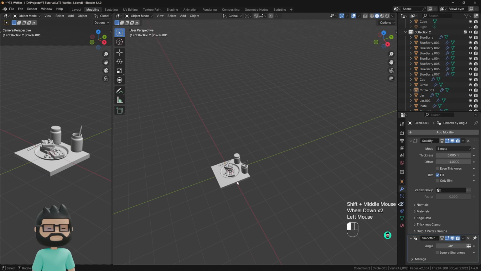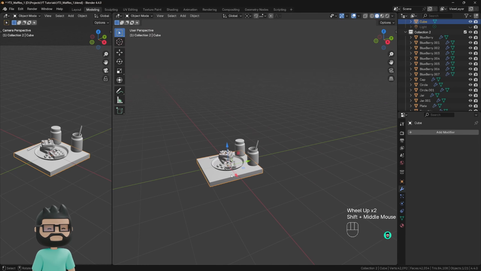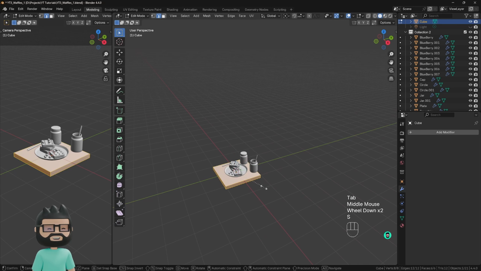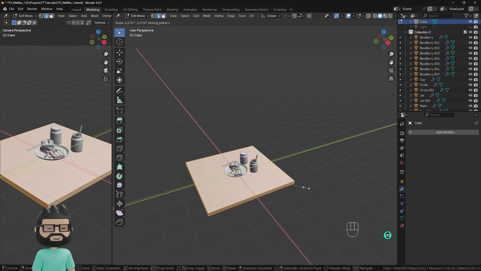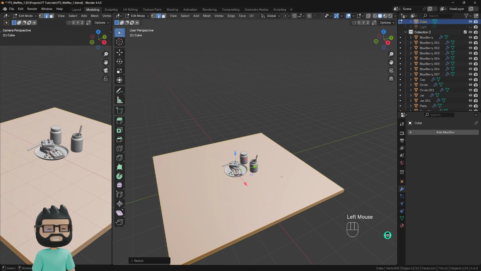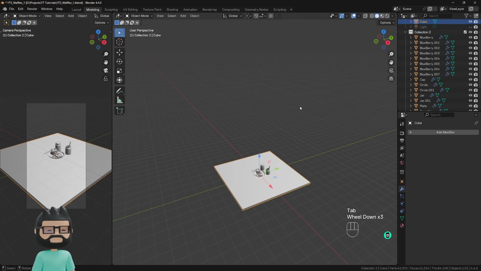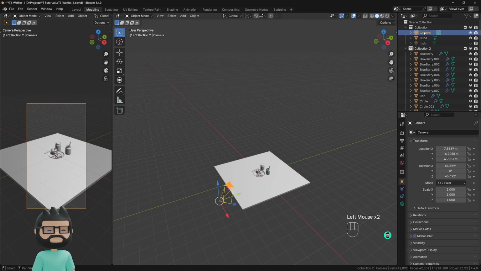So now let's adjust our table, which was the default cube. So click and select it, press Tab to go into the edit mode, S and Shift Z to lock or exclude the Z direction, and let's scale it up. Think this much is good. And now let's adjust our camera. So if you have hidden the camera, you can unhide it from here. Click here to select the camera,